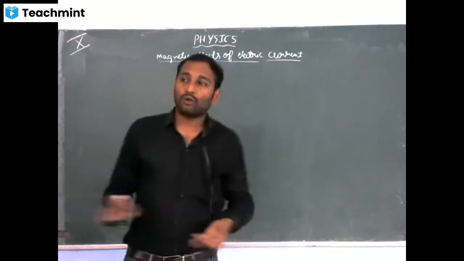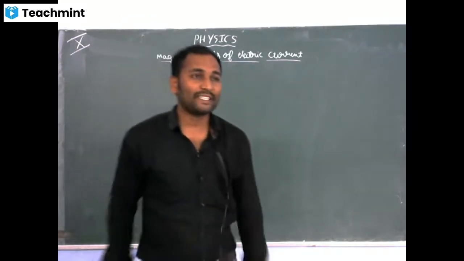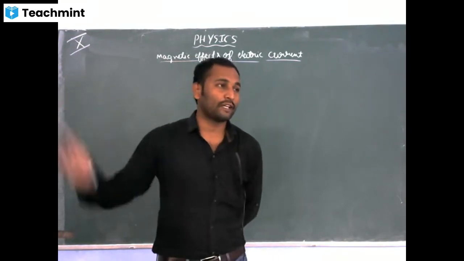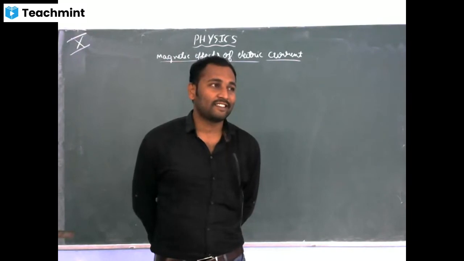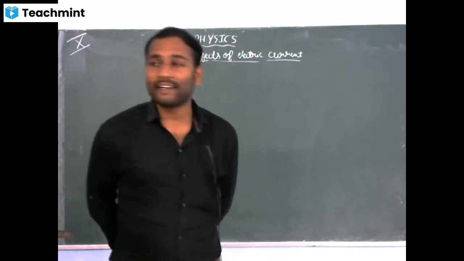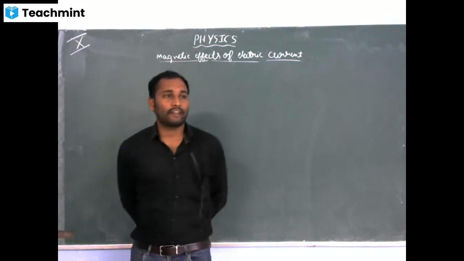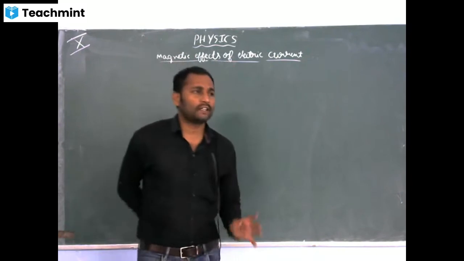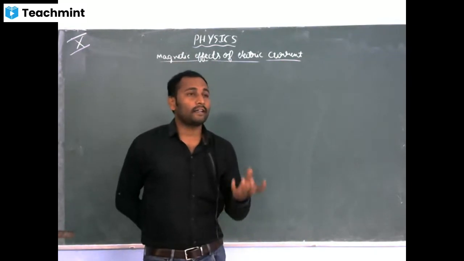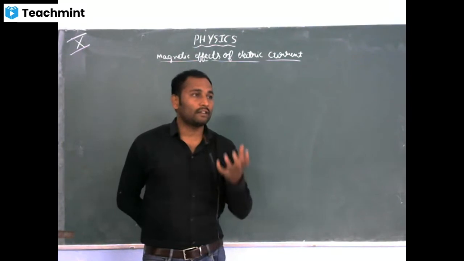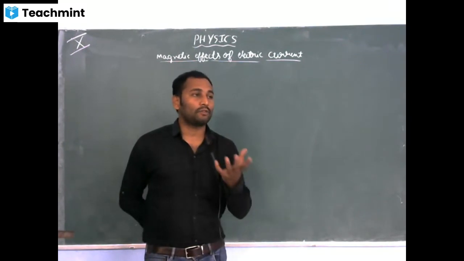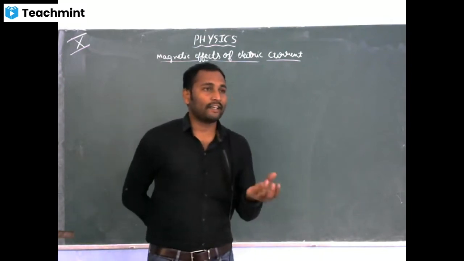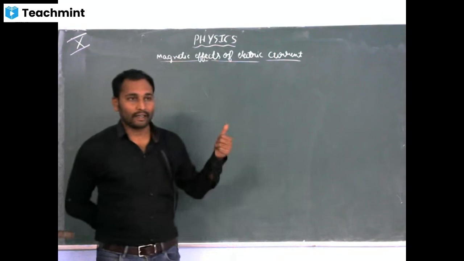Before starting, what is a magnet? You might have studied about the shepherd's story in your 7th or 8th standard, right? So what is a magnet? A magnet is a stone which attracts iron filings, and it is capable of producing its own magnetic field. Whichever object or stone produces a magnetic field, we call that a magnet.